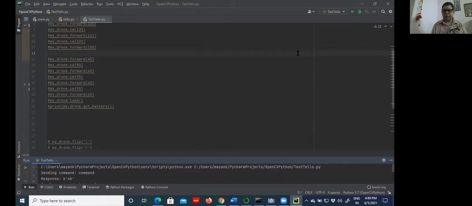Before that, I will reset our environment so that we may see the front view of the camera, so that you can see the drone taking off and landing.